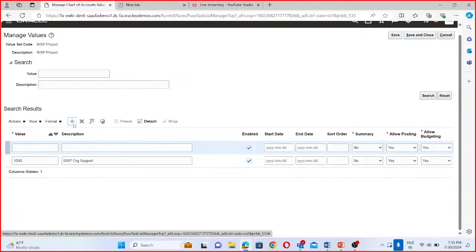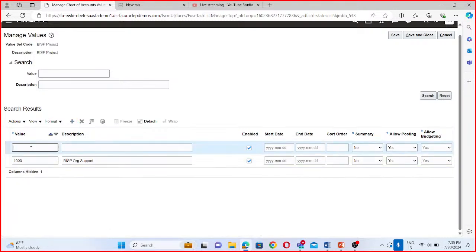Another 2000 for BISP, or let me change, BISP infonet for support. Okay,